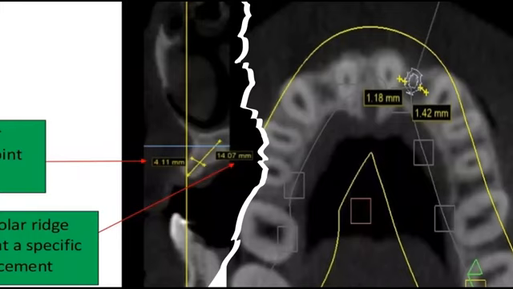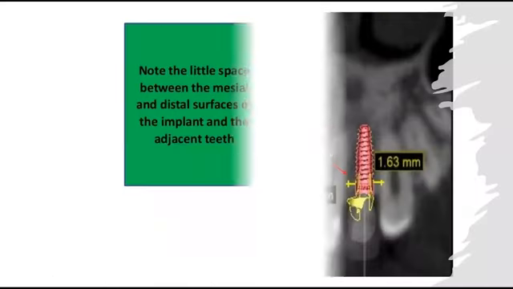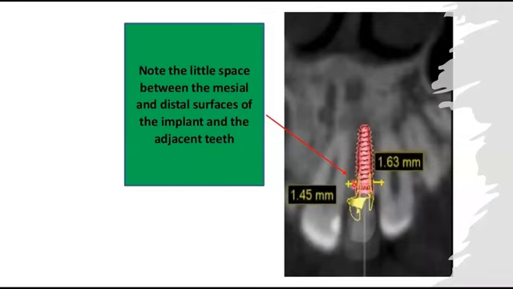After adequate height is available, the next most significant criterion affecting the long-term survival of the implant is the width of the alveolar bone. The width is assessed circumferential to the implant also, and it is measured at specific points to evaluate the need for any guided bone grafting procedures if need be. The lateral and circumferential bone around the implant is also very important because this dictates its long-term stability and success. As you can see in this picture, a minimum of 1.5 millimeter of circumferential bone is advocated in between the adjacent teeth.